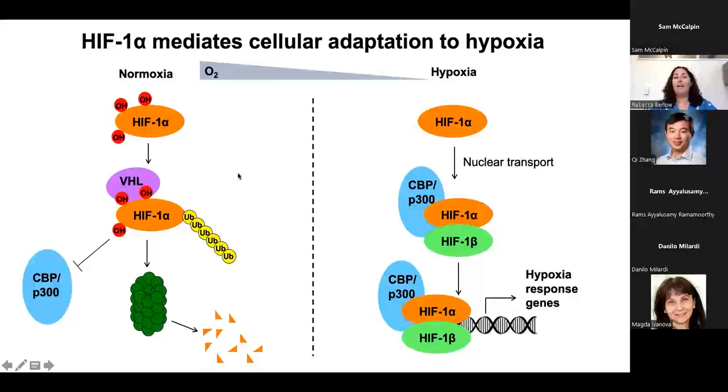Under hypoxia, hydroxylation is no longer possible due to the deficiency in oxygen, and therefore HIF1 alpha is no longer hydroxylated, it's stabilized, and it's able to translocate to the nucleus, where it forms an active transcriptional complex with its beta subunit as well as CBP and P300 to control expression of key adaptive genes. And these genes are really important for driving many, as we say, cellular adaptive processes. They allow us to survive under conditions of oxygen stress.